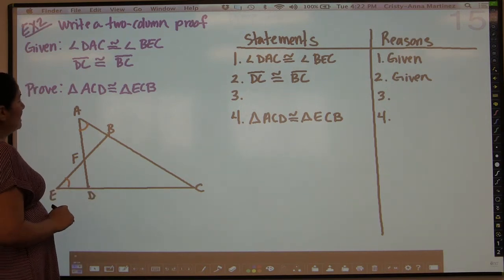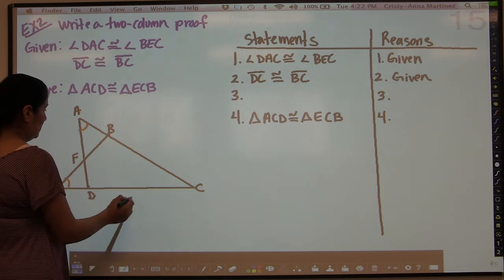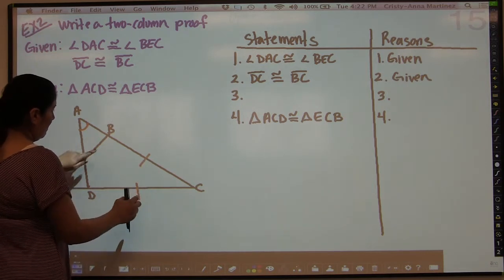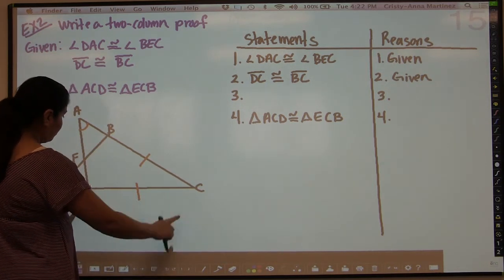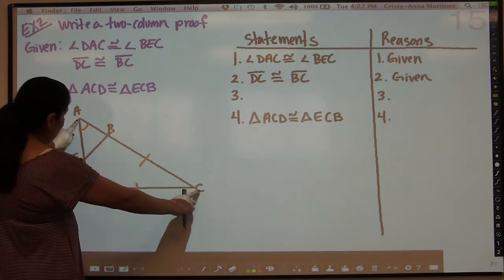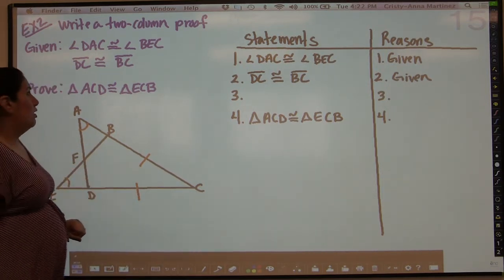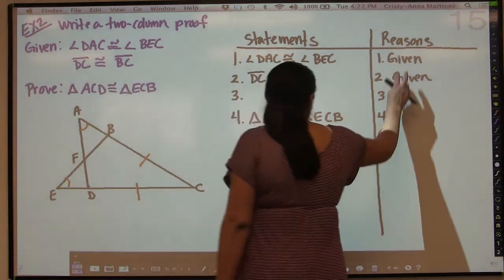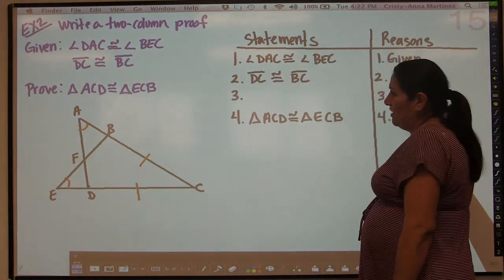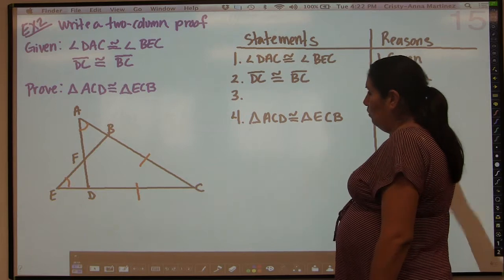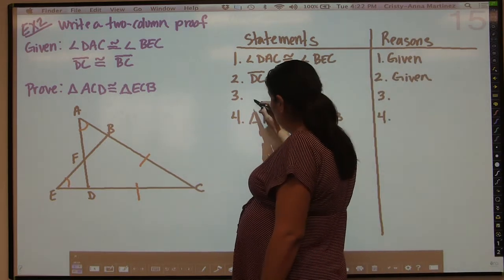But we also know that DC is congruent to BC, so DC to BC. And again, that's just BC and DC. It's not the entire length. It's just from here to here and from there to there. All right, so again, those two pieces were given. So we have an angle and we have a side. And what we have here now is that angle